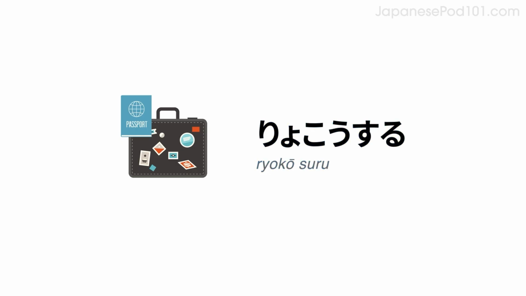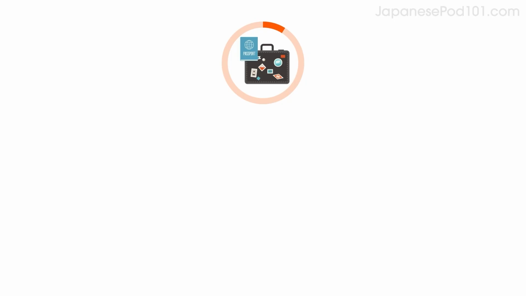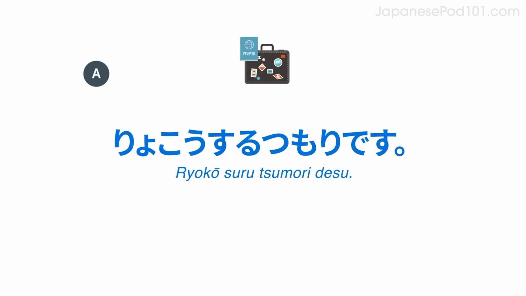Do you remember how to say travel? 旅行する。 Say, "I'm planning to travel." 旅行するつもりです。 Now, answer the question saying you're planning to travel. ゴールデンウィークに何をしますか？旅行するつもりです。